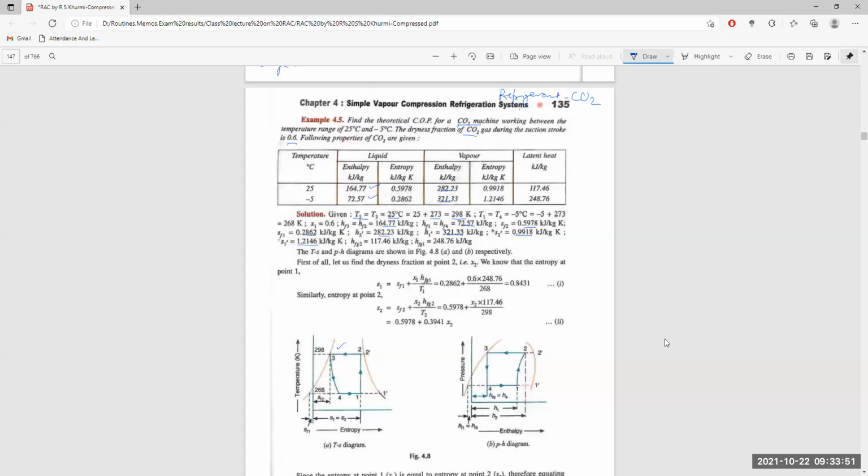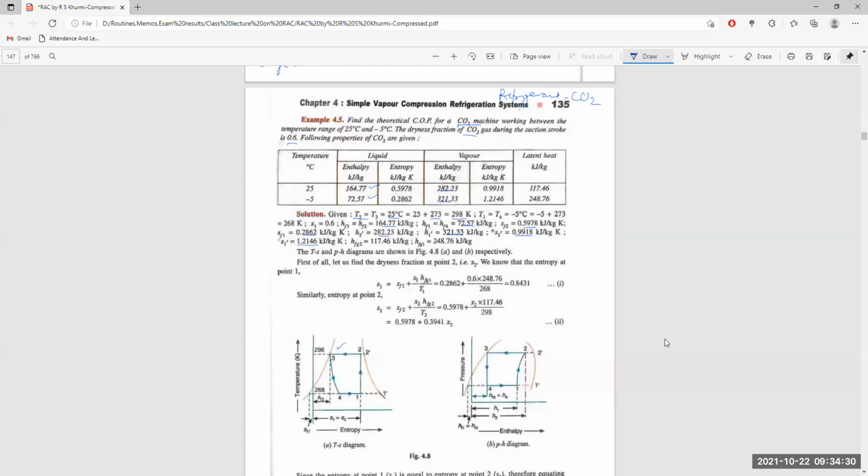The vapor is 95% dry at the end of isentropic compression. So what is this? 95% at the end of isentropic compression. We know 1 to 2 is the isentropic compression. So at point 2, it is not totally dry, but it is a mixture of wet liquid and vapor refrigerant. So at point 2, X2 is given here as 0.92. That is the dryness fraction at point 2 itself.